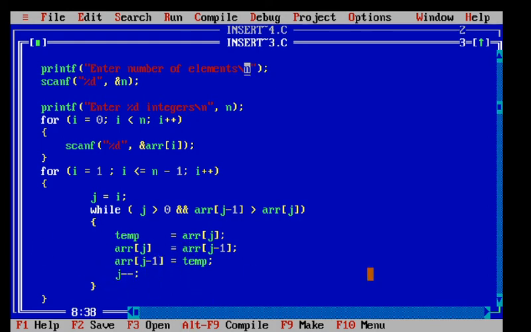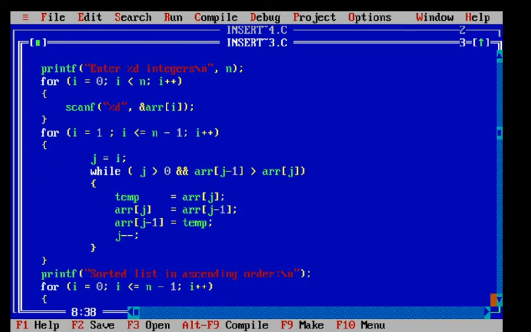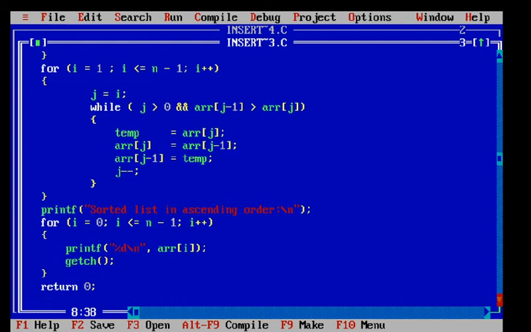So in the insertion sort we compare the element and it will be inserted at the appropriate position. And here we print the sorted array.